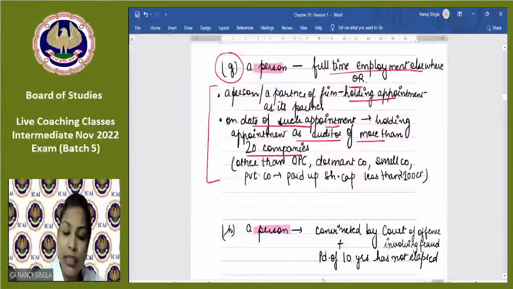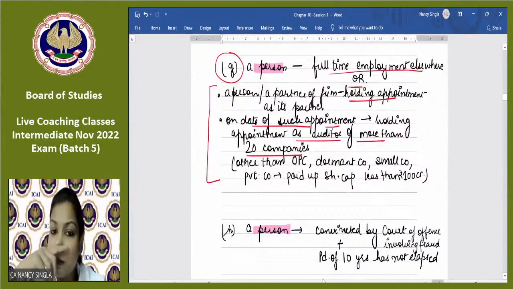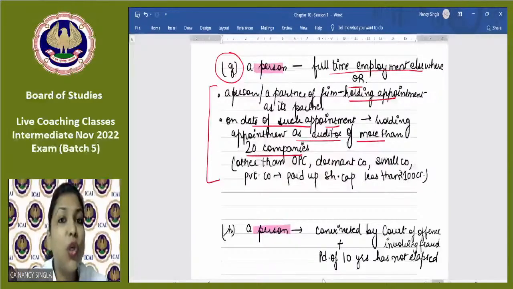If you remember students, whenever we have discussed auditing, I think I have referred to it. Otherwise in other chapters you must have seen that quality is to be maintained. And the resources that are available to an audit team are time and the team. So if the CA does not have time to devote to that particular audit engagement, he's already occupied somewhere else, will he be in a position to give quality work?